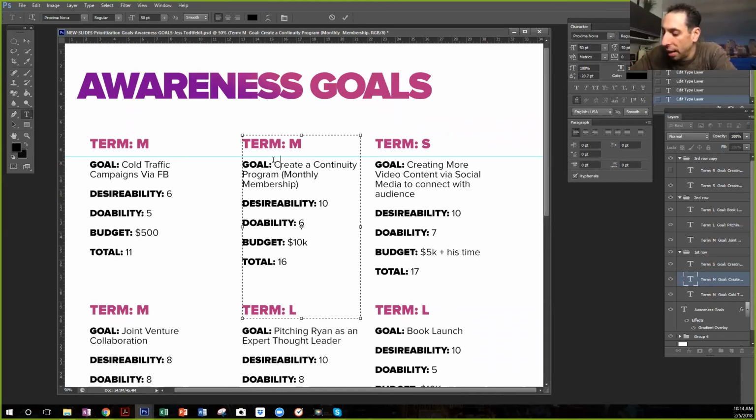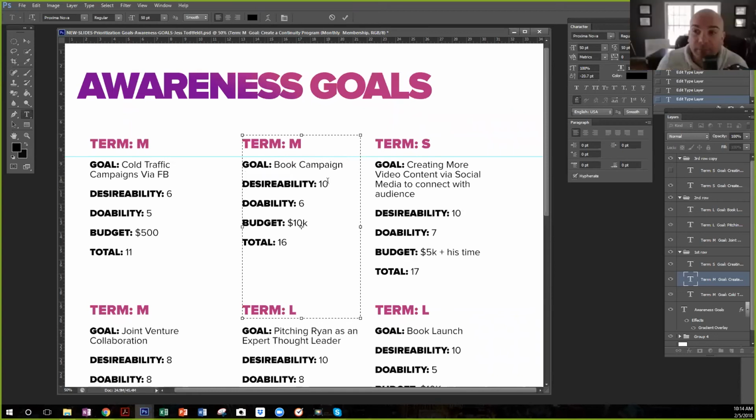Okay. If I make a little list here, just so I can prioritize, because there are lots of choices: Facebook, book. So the book campaign. What's the desirability on the book campaign? Videos, Facebook Live, desirability.